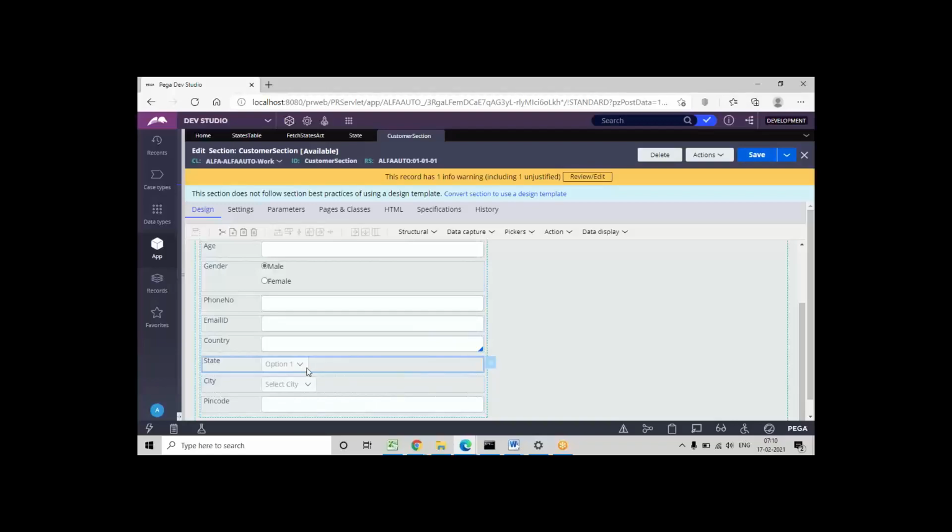So how to assign this, they may ask you one requirement. In many applications, the display value will be one, and the storage value will be different. That is, after submitting, a different value can be saved. Suppose you select the value as United States of America, but in the storage it will be saved as USA. So for some columns, not every column, the display value will be one, and after submitting, the value will be saved as a different value.